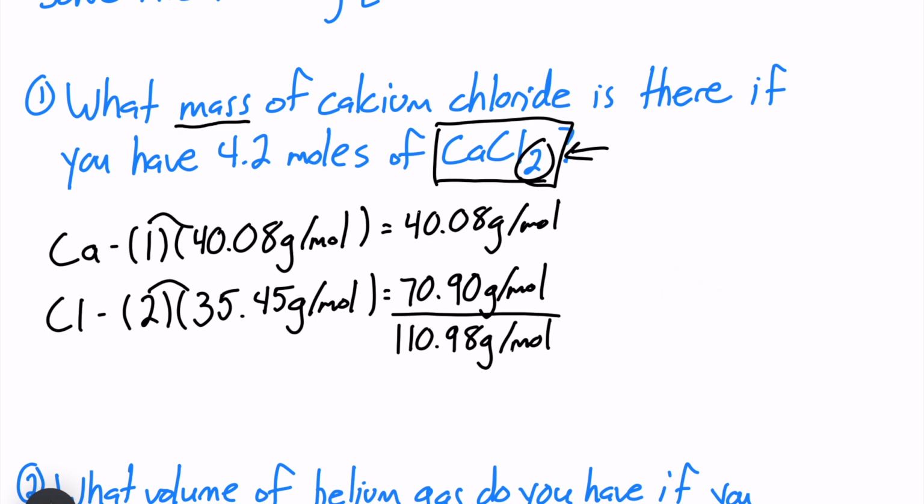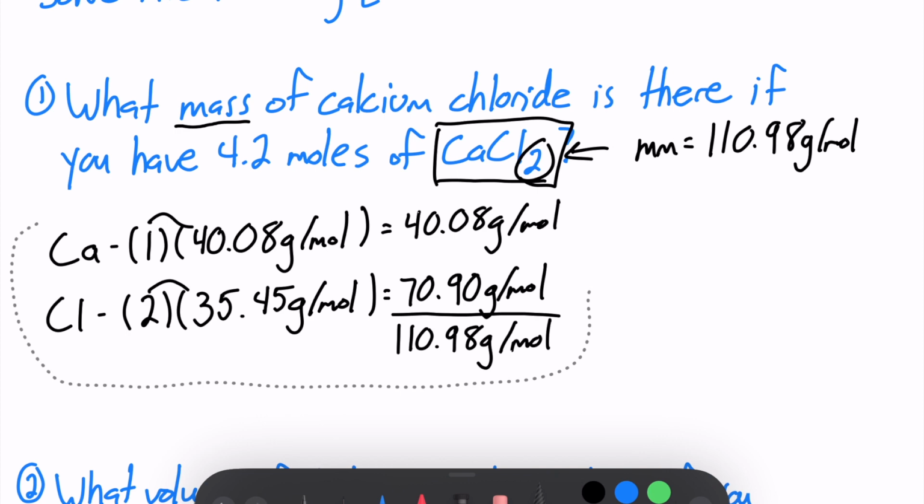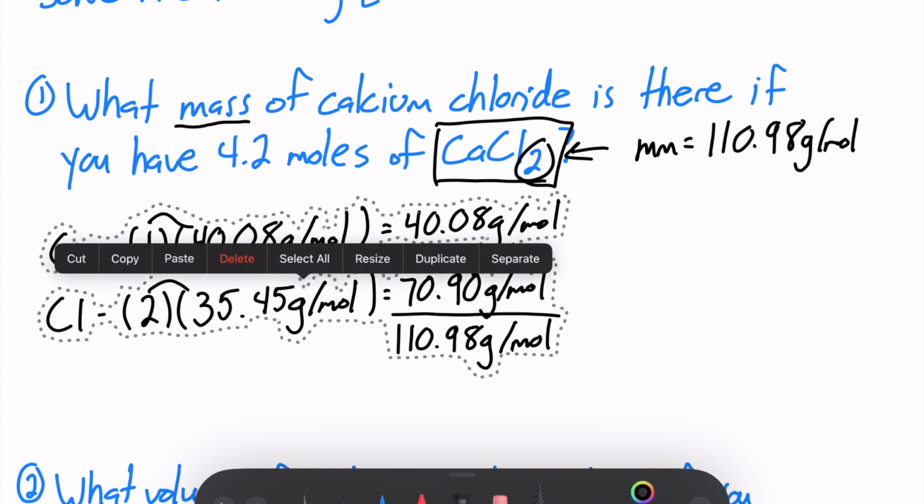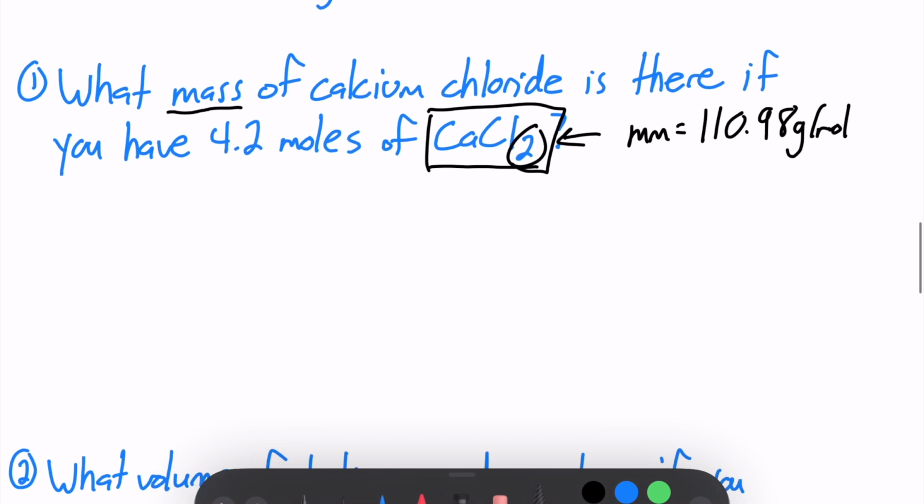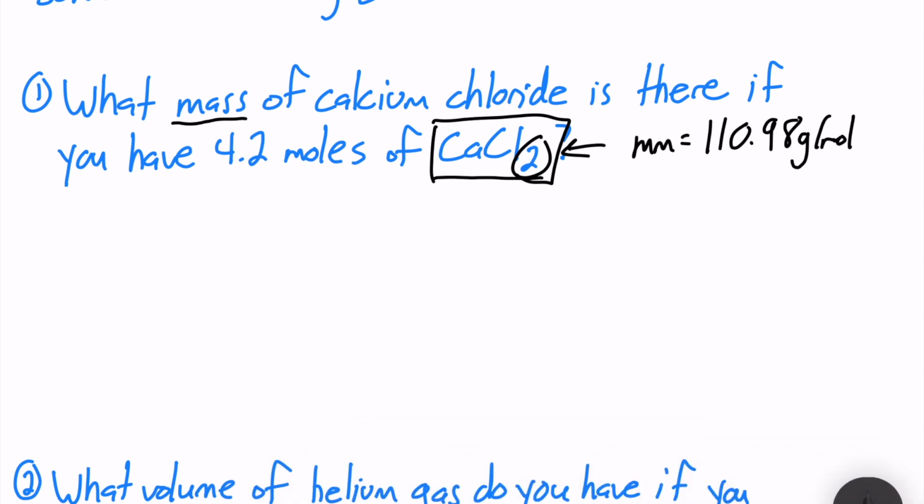Okay, so now what we're going to do, I'm just going to make myself a little bit more space here. So we know that our molar mass is 110.98 grams per mole, and I'm just going to get rid of our work here. Then we can focus on figuring out the mass of CaCl2. Okay. All right, so let's start with what we know. Our question gave us 4.2 moles